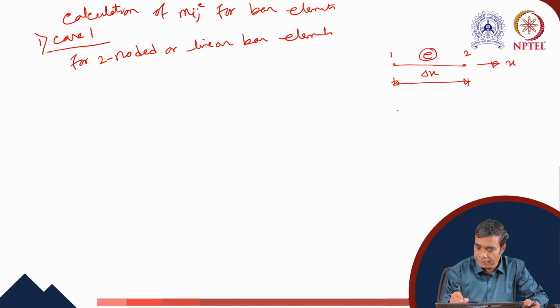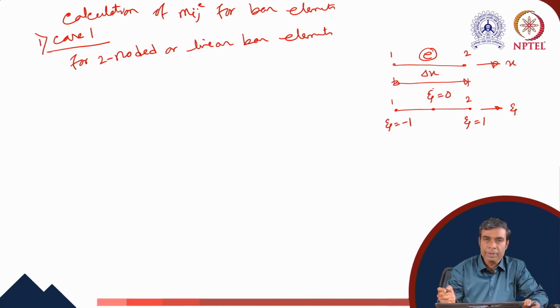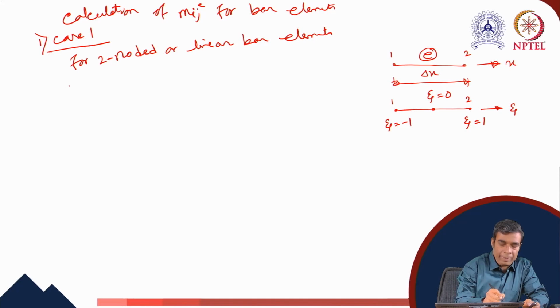The same element we can represent in the natural coordinate system with the natural coordinate xi. So the local nodes 1 and 2 in the master plane, and the coordinates of the left and right nodes are xi equals -1 and xi equals 1 respectively. So at the midpoint we have the origin of the coordinate system, xi equals 0. So we begin our calculations as